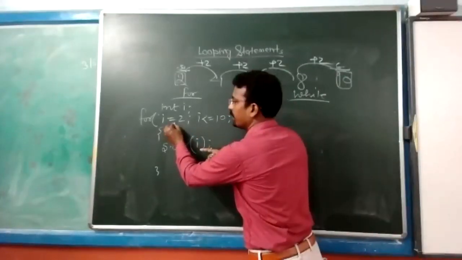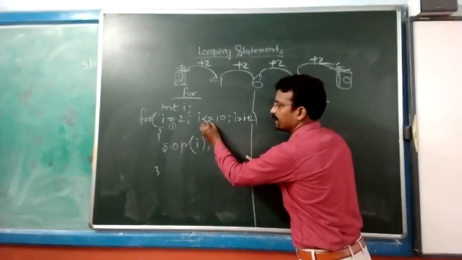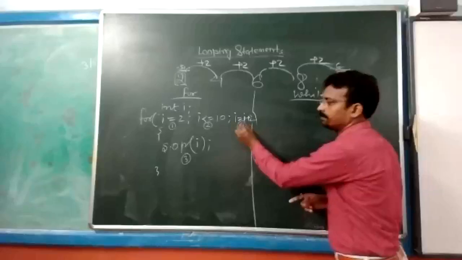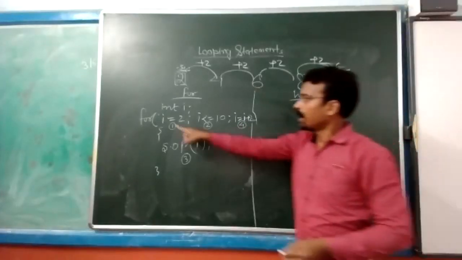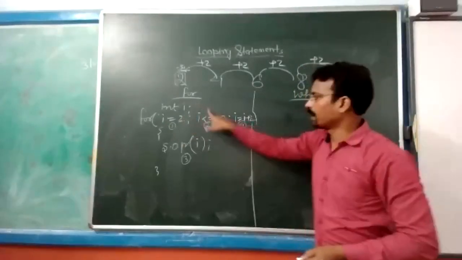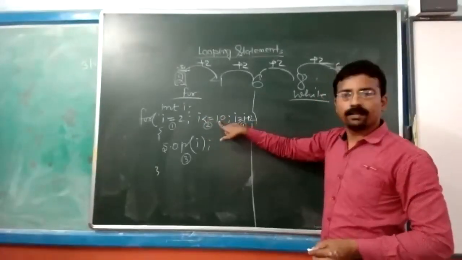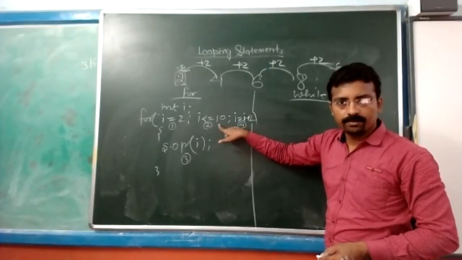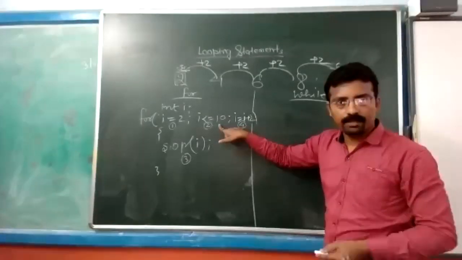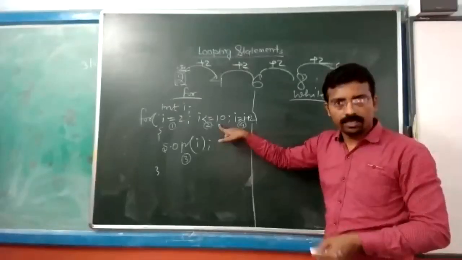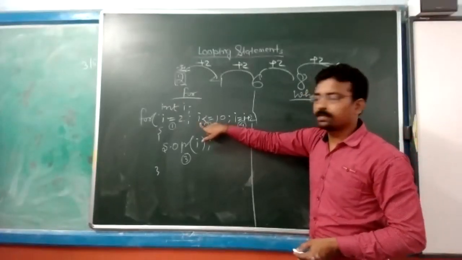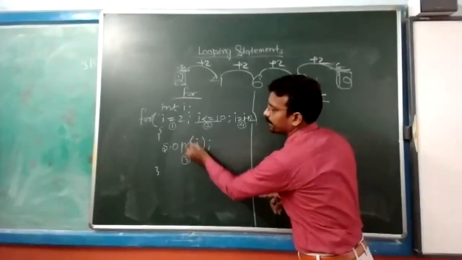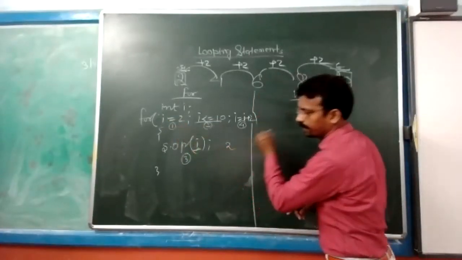First, this statement will execute. Second, this will execute. Third, this will execute. Fourth, this will execute. Start execution. I will be initialized with 2, coming here. I is less than 10. 2 is less than 10. Shake your head, yes or no? Yes. Means this condition is going to be true. Due to this, the third statement will execute: I. The value of I is 2 and it is printed.